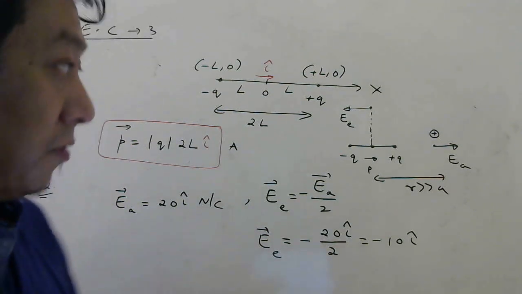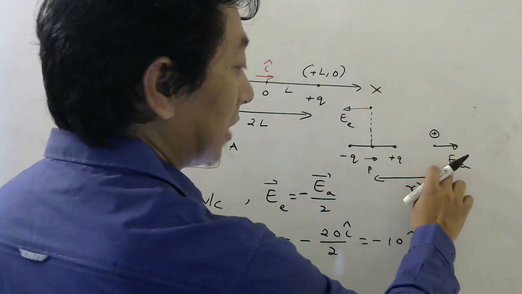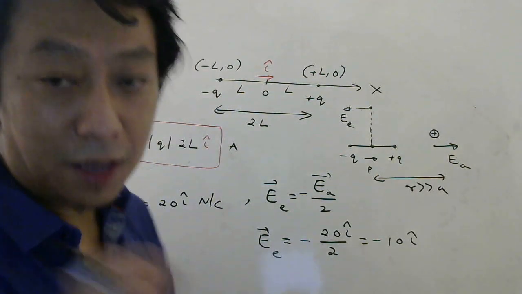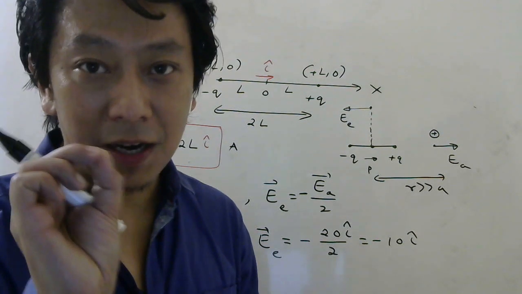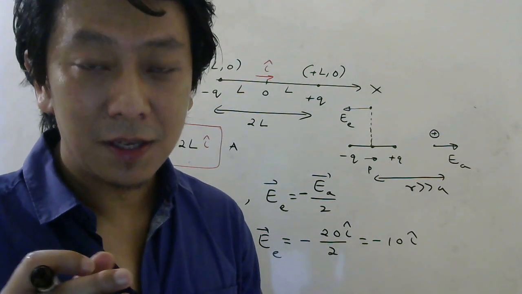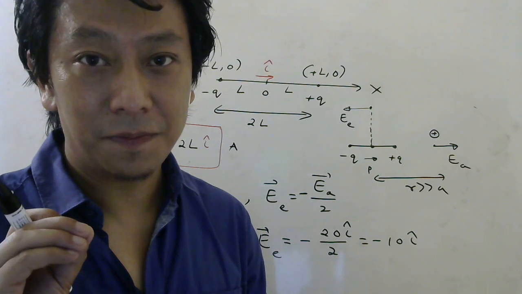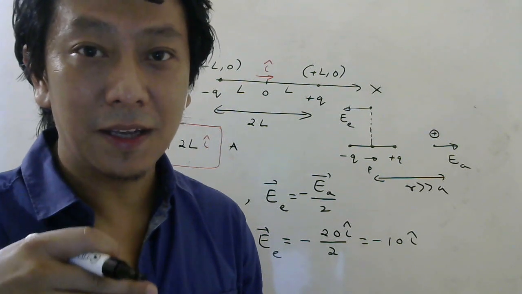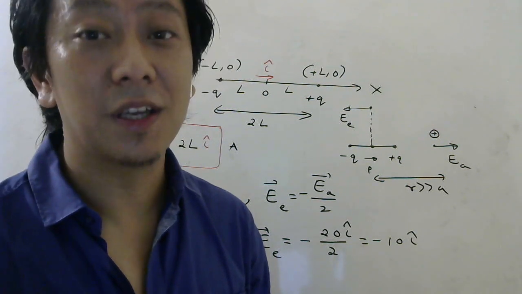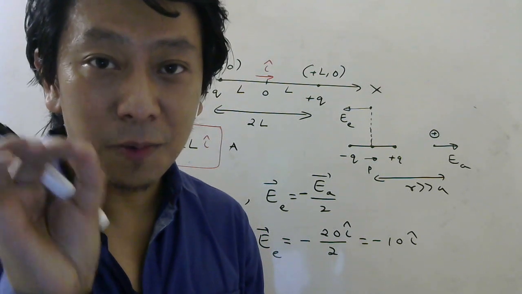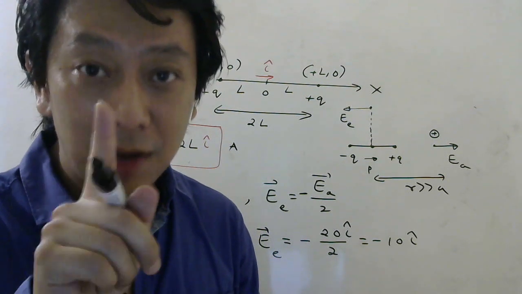Experiences a force F. So this charge, you know that if there is electric field at a point, again and again I am telling, if there is electric field at a point, what does it mean? It means if you put another charge, that electric field will exert force. How much? Q into E. Because electric field at a point means force on 1 coulomb charge.